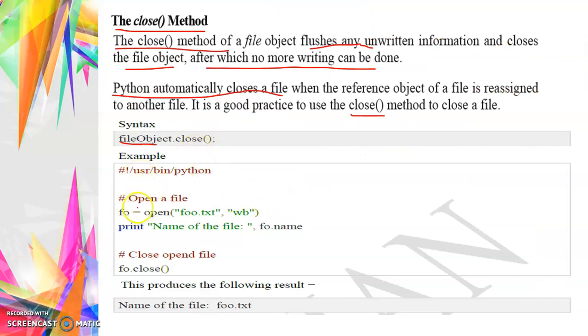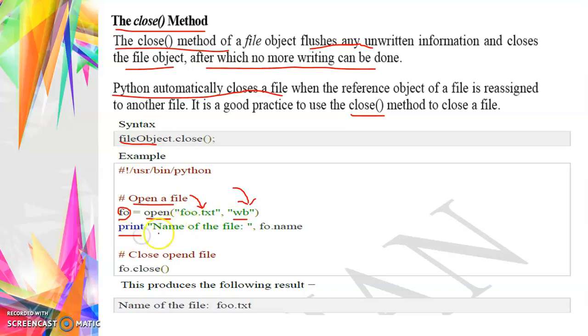Close method. So open a file. fo means file object. In that object I am going to assign the value of the open function. In that open function there are two parameters I passed as arguments. One argument is the file name and another argument is the accessing mode. The file name parameter is foo.txt and the accessing mode parameter is wb, only writing binary format, right?